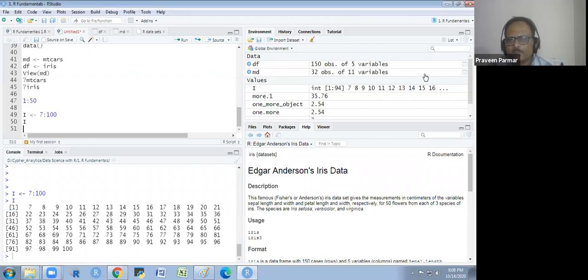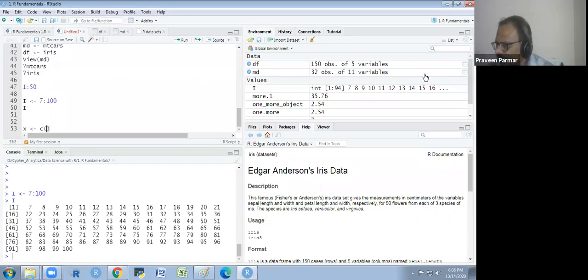Now we create some multiple element vector. For multiple element vector, we use the function combine. That is short, the small c we will use for that. We will not write the whole word combine. We use the small c only and use the round brackets. And then we write whatever elements you want.